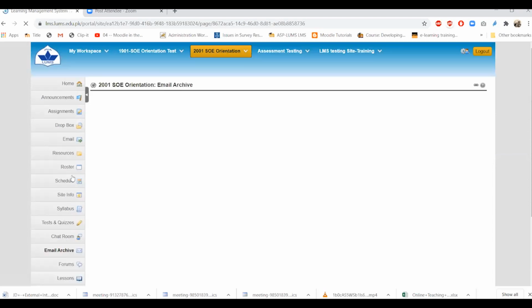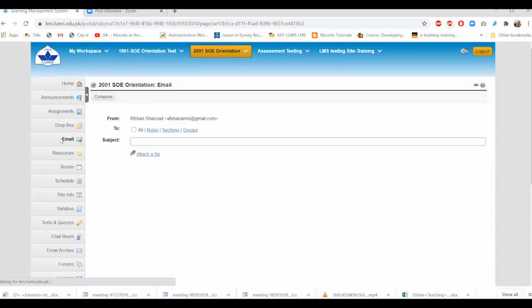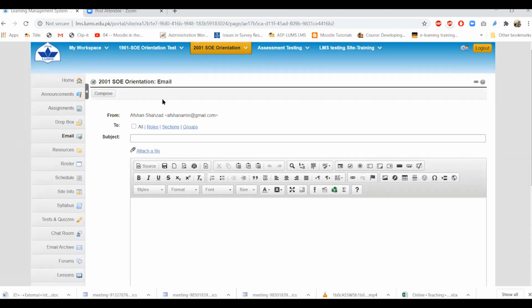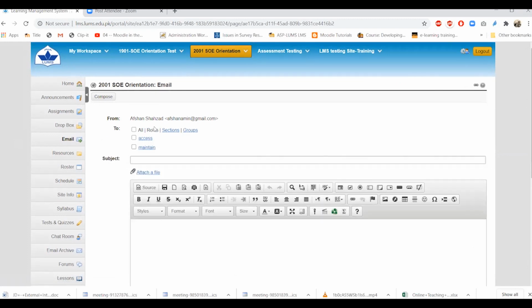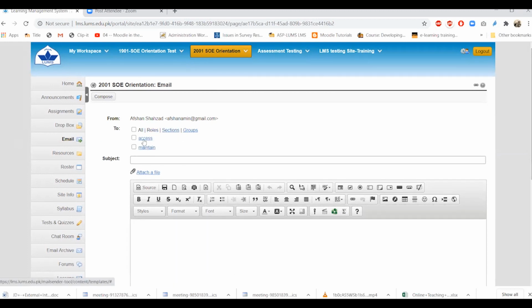Email archive. Your instructor can usually send you emails, or you can communicate with your class as well. So this is the email option that you can use to communicate with your class. You can see all the roles. You can see other sections if there are any in your class.